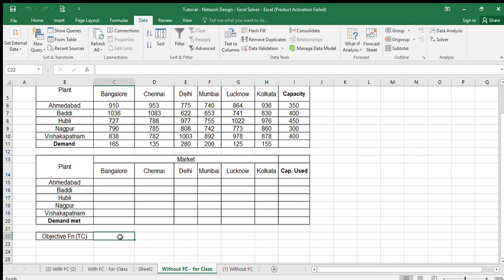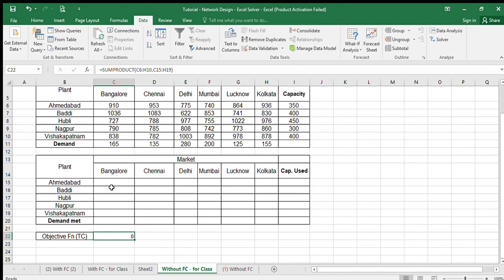So here we are going to use a function named SUMPRODUCT. You can use lower case also, but I feel very comfortable using caps lock. Array 1 is your Cij matrix, then comma, the Xij matrix. Close the bracket and press the enter button. So the formula is entered, and the sum product of Cij and Xij is done.